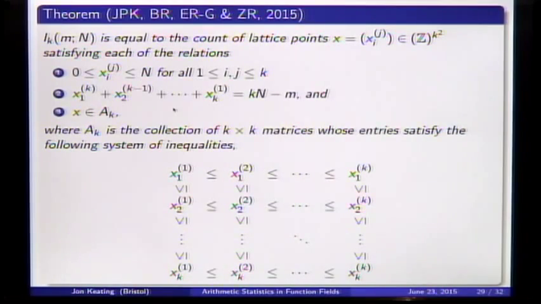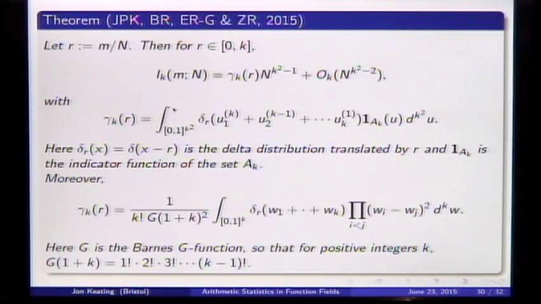Once you've written I as a sum of lattice points, it's easy to compute the asymptotics then. You know how to count lattice points in some volume. To leading order, it's just the volume you're counting over. So you can compute the asymptotics of the integral I, and the surprise is, first of all, you can write that in closed form as some simple integral over a simplex. The second surprise is that this formula one gets is an asymptotic formula of I to the power k squared minus 1, n to the power k squared minus 1, but the coefficient is not a polynomial. It's a piecewise polynomial. So it's a different polynomial